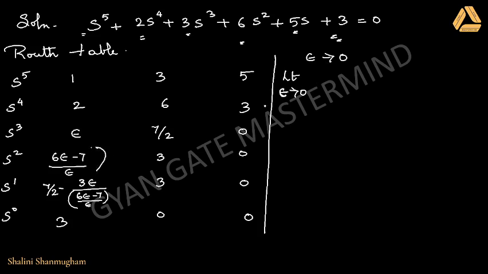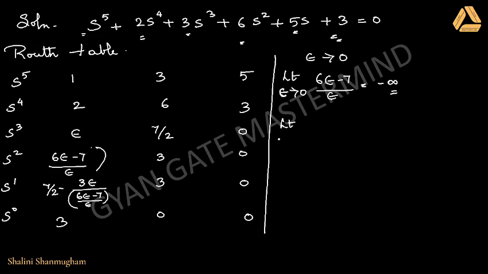For this term, 6 epsilon minus 7 divided by epsilon, you will be getting minus infinity, because 6 into 0 minus 7 by epsilon. So it is minus 7 by epsilon, which is nothing but 7, by replacing epsilon with 0,